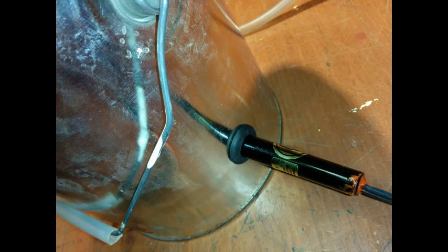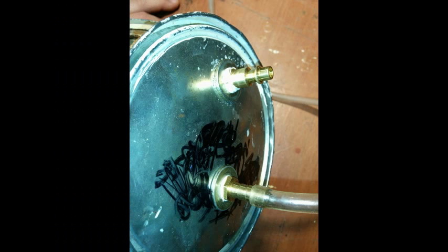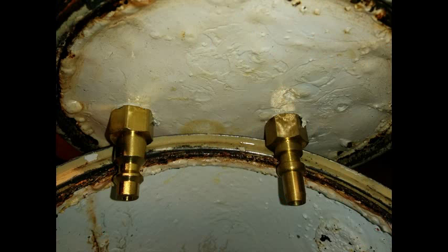Then I wrapped it with fiberglass cloth left over from another project and soaked it with mineral oil and wired it onto the iron. Then twist-capped the electric cord back together. I then drilled holes and used 2 sets of cheap Harbor Freight air hose fittings to make the air inlet and outlet. I also put a dab of RTV silicone in the end of the iron where the cord exits